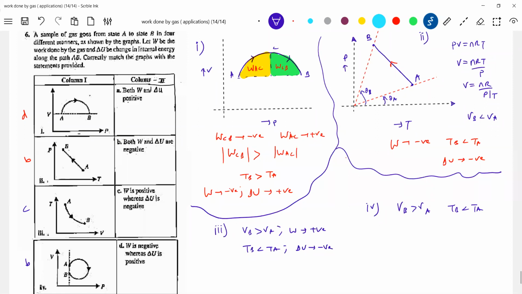You are going to face numericals like this also. VB is less than VA. Yes, correct. Option 4: VB less than VA. W is negative, whereas delta U